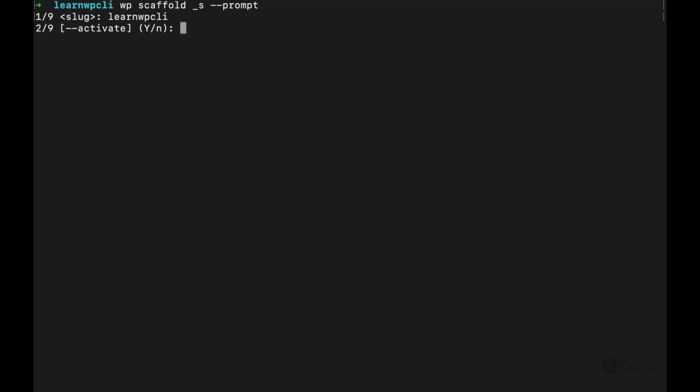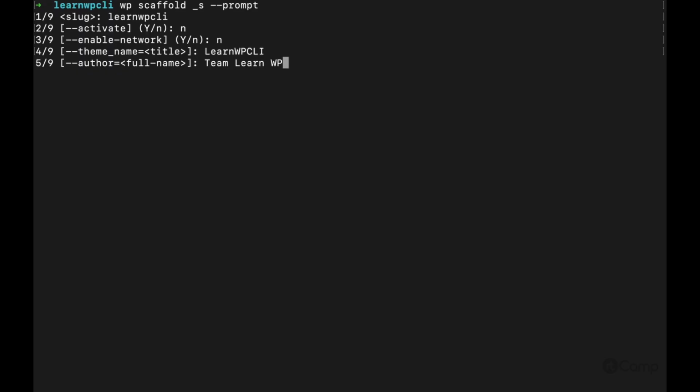Next, it's asking me to activate it by default. No, I don't want to activate it immediately. Enable network argument is used if you have a multi-site environment. You can enable this theme to be used on all subsites. Currently, I have a single site, so I will set it to no. Then, for the theme name, I will add learn WP-CLI. The author, let's see, team, learn, WP. For the author URI, I'll add